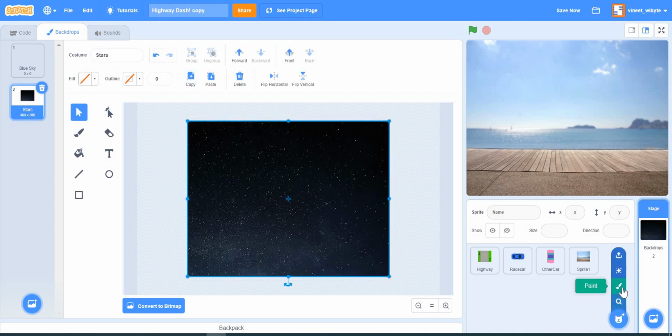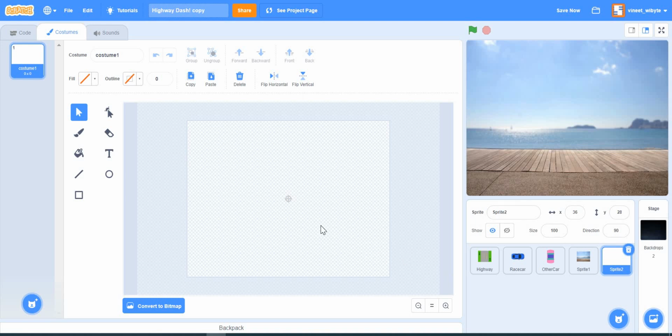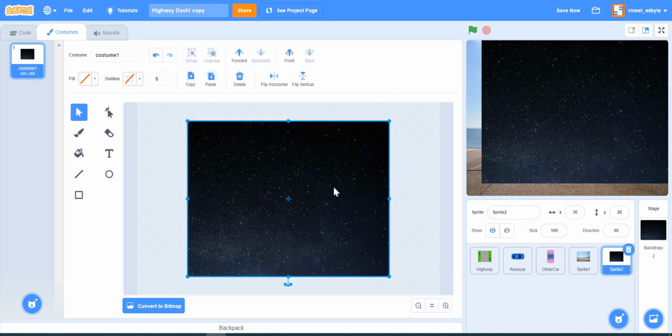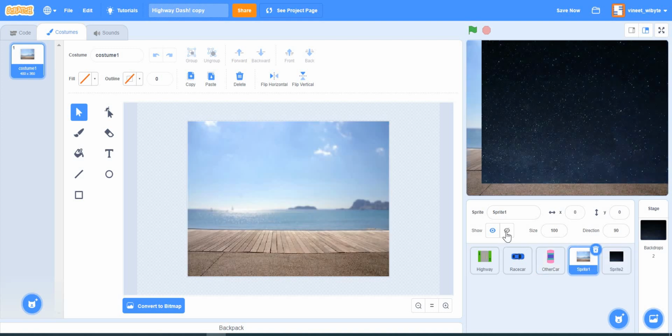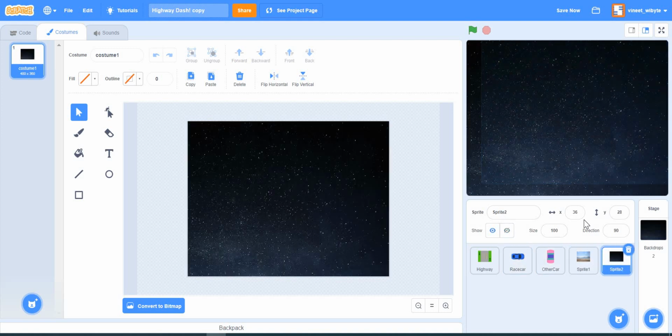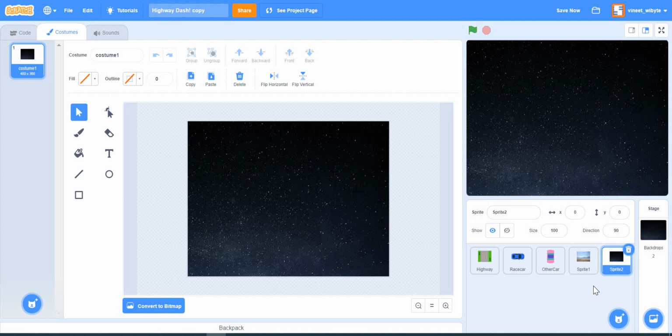Then I create a new sprite, say paint a sprite, and paste this particular backdrop, which now becomes a costume. Maybe I'll hide this other sprite, and I'll move this to 0, 0. So now I have got a sprite which is going to act like a backdrop.